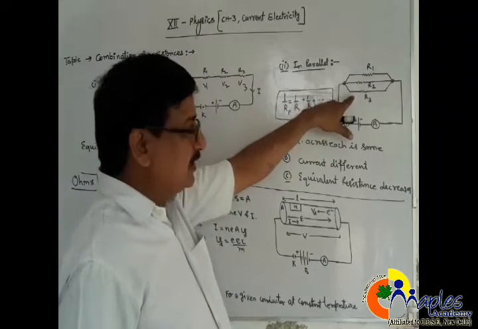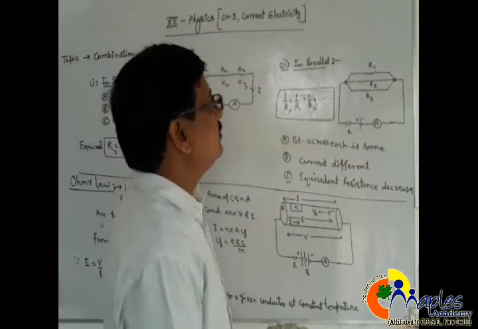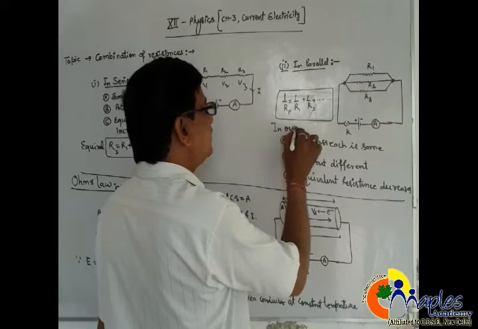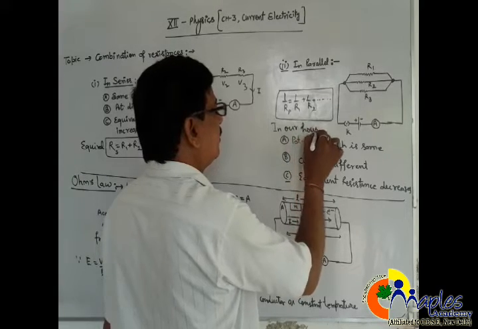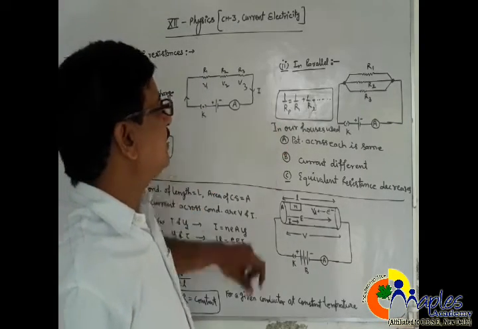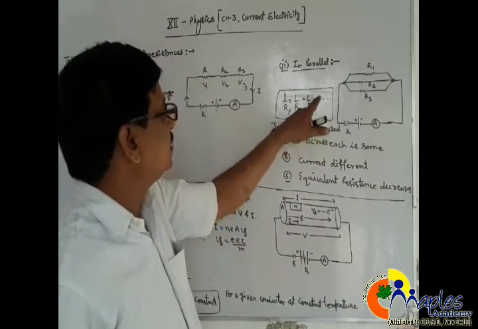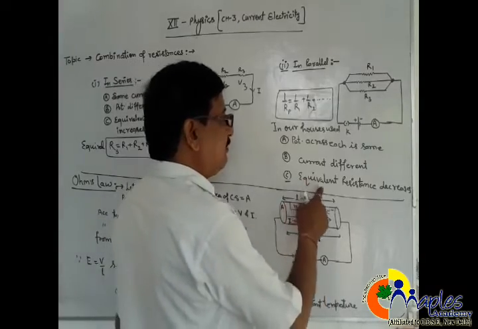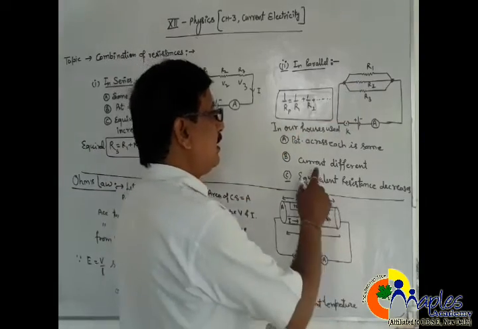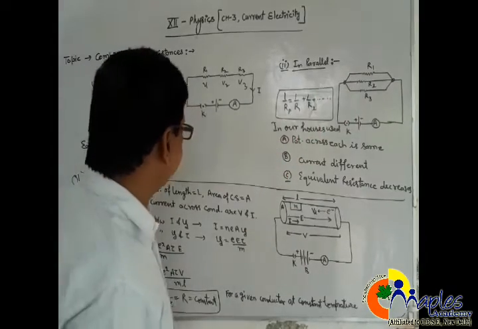The first terminal of each resistance is connected to the positive terminal of the battery, and the second terminal to the negative terminal of the battery. Thus, this is the parallel combination. In our houses, all the devices are connected this way. In parallel, the equivalent is found as 1 upon Rp equals 1 upon R1 plus 1 upon R2 and so on, the sum of the reciprocals of all the individual resistances. Thus, the equivalent resistance decreases and will be less than the smallest one connected in parallel. Current is different, but potential is the same across each resistance.